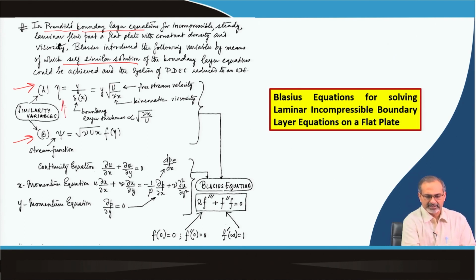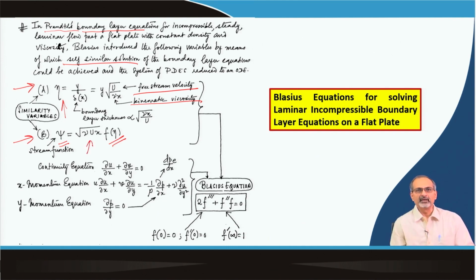So, Blasius introduced eta, which is y by delta, delta being the boundary layer thickness, and he took boundary layer thickness to be proportional to under root nu x by U, where nu is kinematic viscosity, U is of course the free stream velocity. The other similarity variable that he introduced was psi, the stream function, in terms of another function f, which is purely a function of eta, the wall normal coordinate in the transformed space, and this has a coefficient under root nu U x,